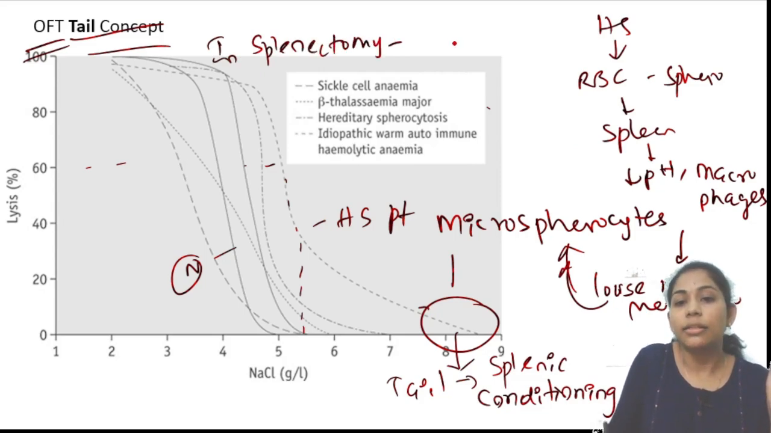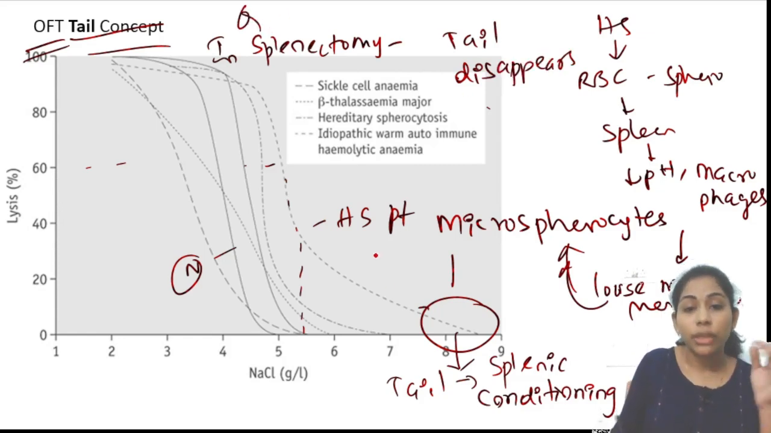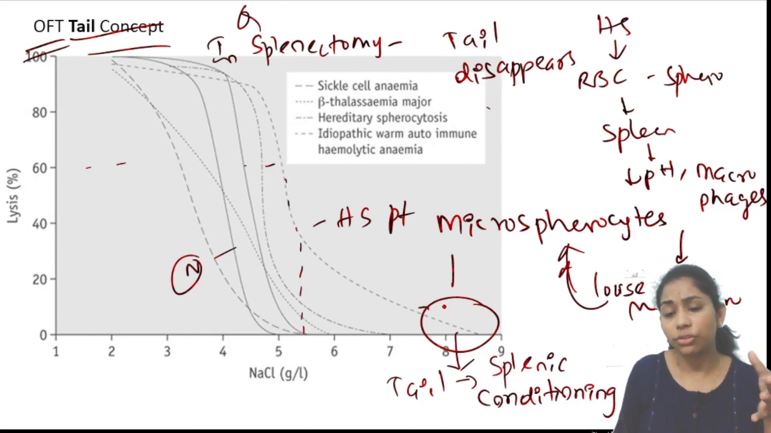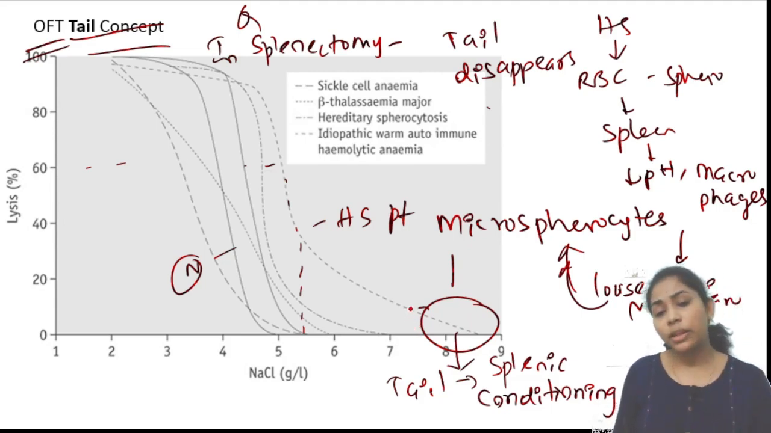In splenectomy, this tail completely disappears. So you should know this concept. This can be a potential viva question. They can ask why these cells are lysing at higher concentration. You can tell them these are microspherocytes and these are formed due to splenic conditioning, and when the spleen is not there, the tail disappears. Okay. So the next test we'll do is